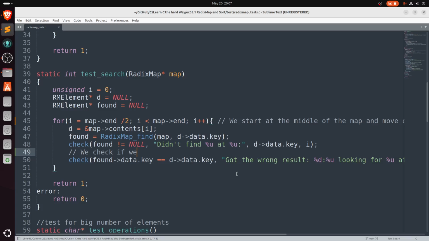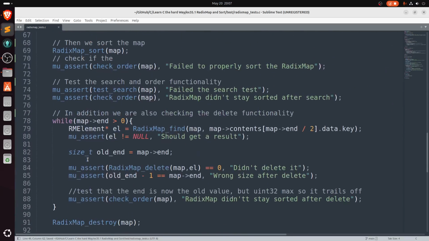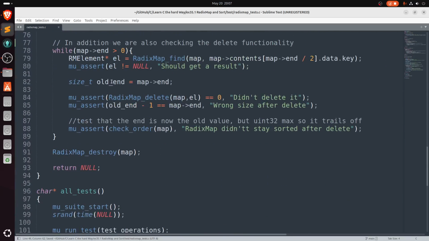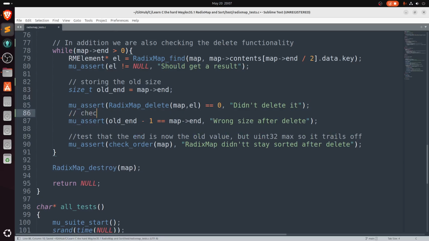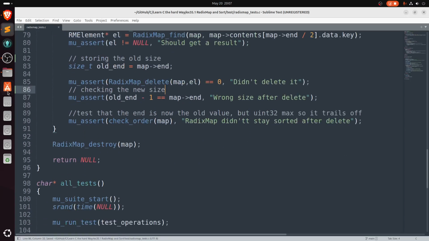Check if the element we have found are the same. Okay, then this is just the same, storing the old size, checking the new size. Okay, and